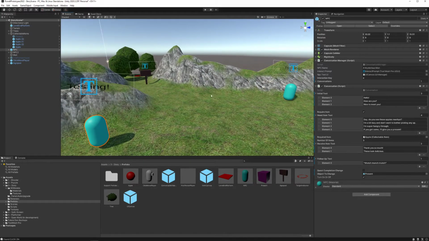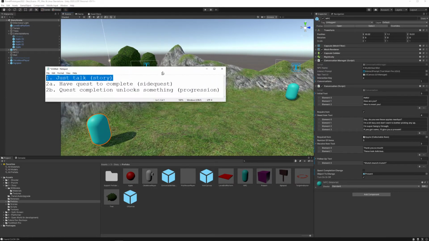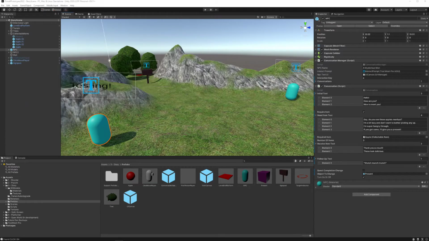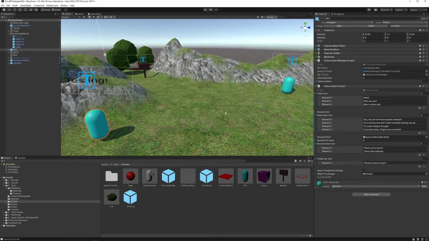However, we still have one more goal. This is side quest complete. We've completed that character's story. Awesome. It feels good. We're happy. But there's no progression built in yet. There's one more step we have to do if we want progression to occur, which is